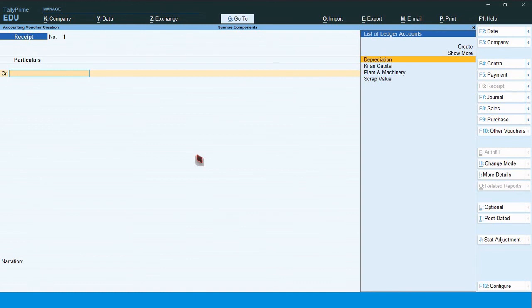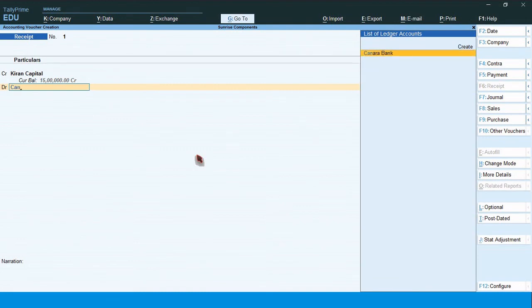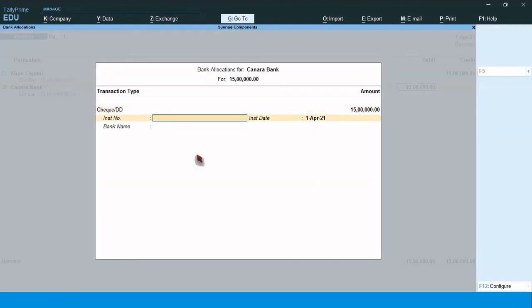I have already told that the bank account will show negative balances, because of that I am going to enter this receipt entry. Kiran Capital 15 lakh, Canara Bank.